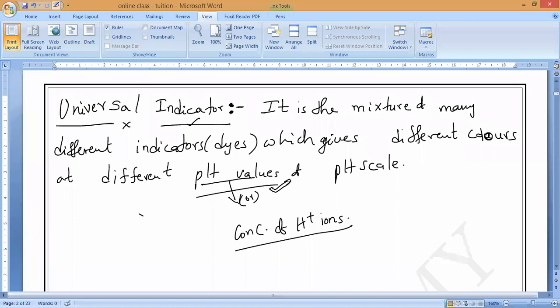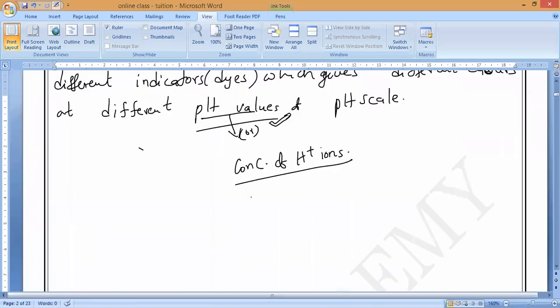Our pH scale is designed only with the help of H plus ion concentration, not regarding OH minus ions. Based upon H plus ions only it has been designed. Understand? That is what you have to remember, because now our duty is to see each and everything in such a way, in MCQ manner.